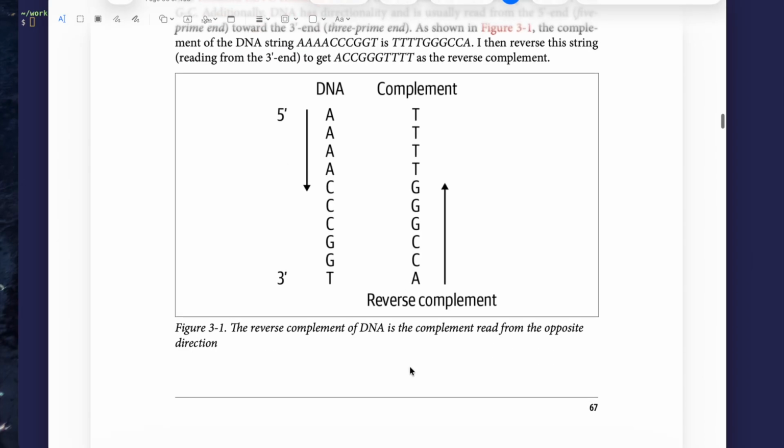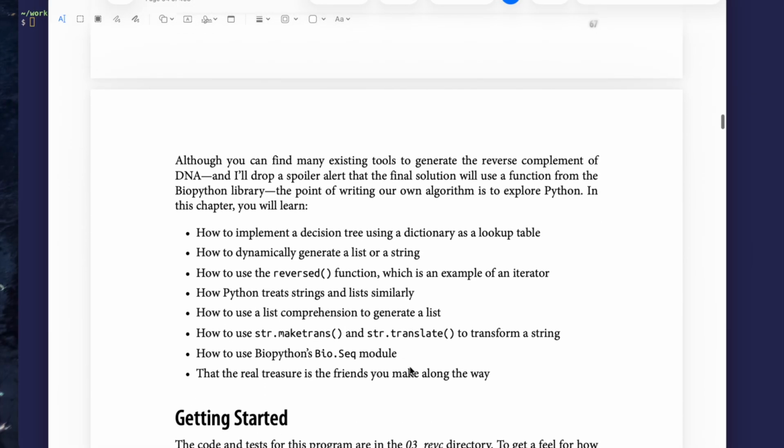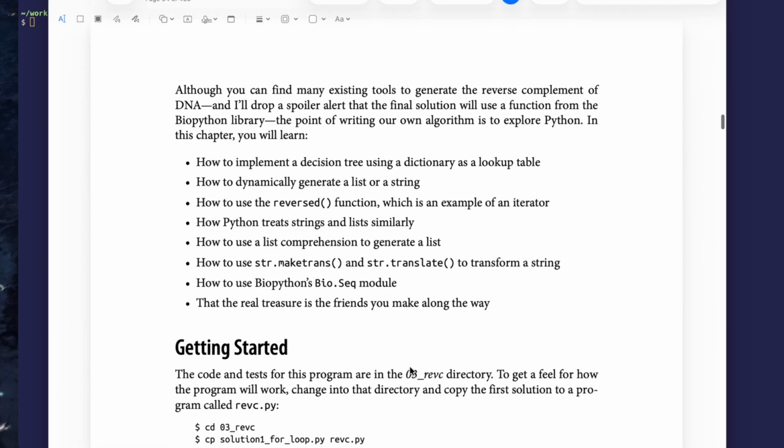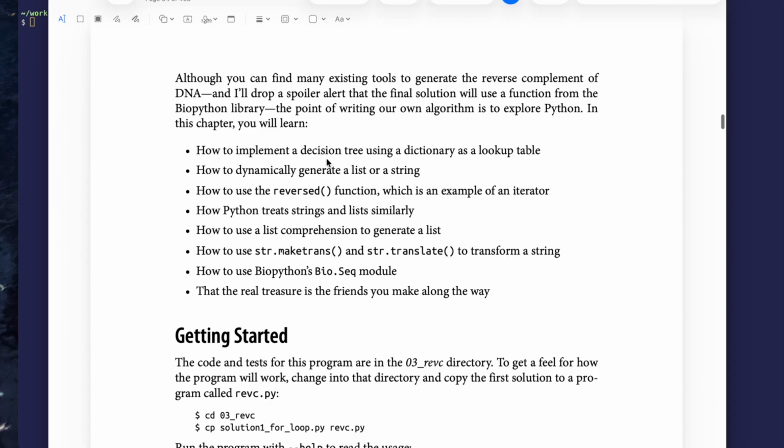And so this is what we're going to be trying to do, and along the way we're going to talk about how to implement a decision tree. Earlier we did that using if-else statements. We can write that same idea using a dictionary for a lookup table and shorten up that kind of logic. Then we're going to talk about how to dynamically generate lists or strings, how to use the reversed function,